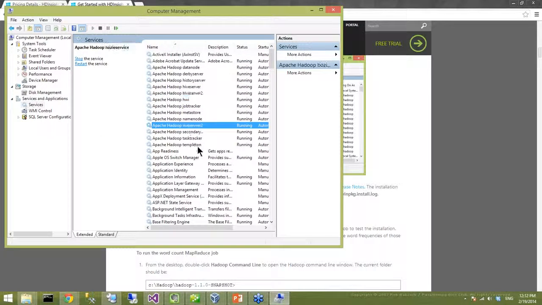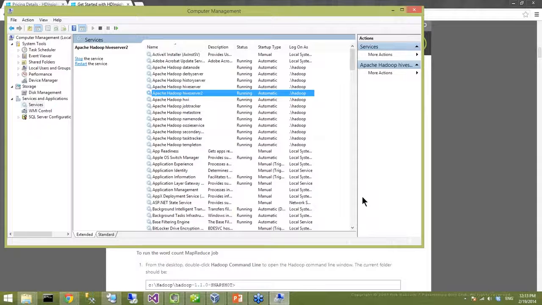So you install it on Web Platform Installer, and then all this stuff just starts running. You've got Hadoop IO, HDFS, and the job tracker and everything running as services, and you can just play around with it.